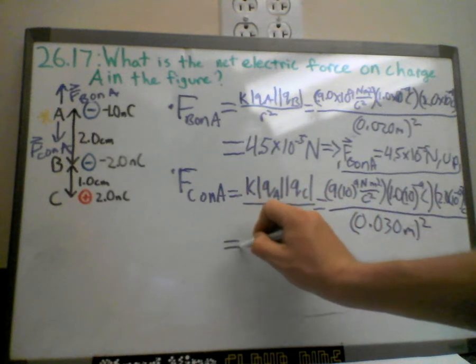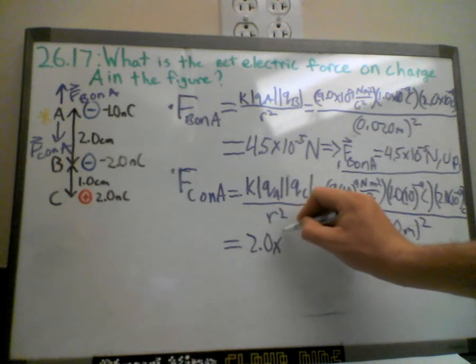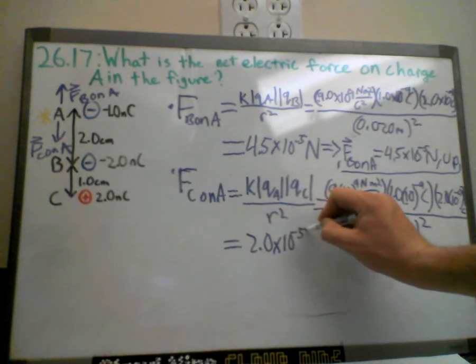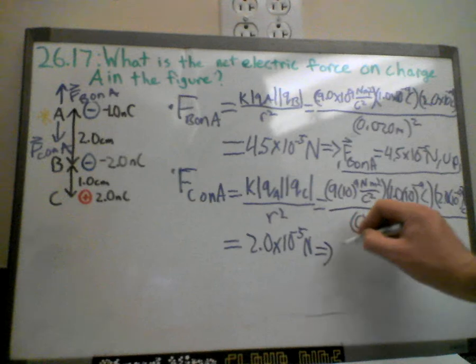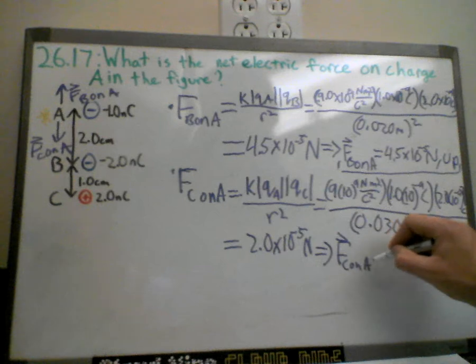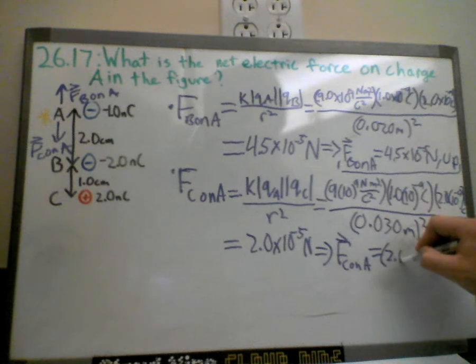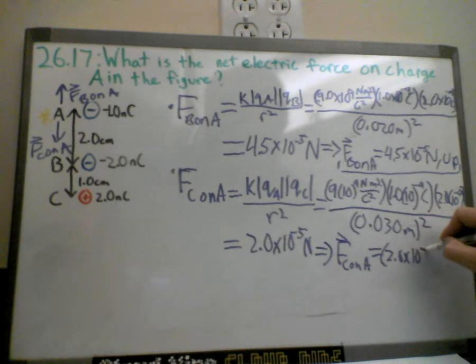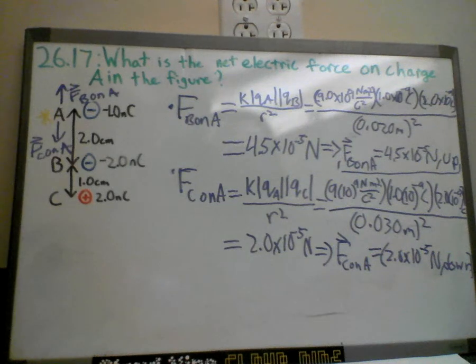And then this is equal to 2.0 times 10 to the negative 5th newtons, which means the force vector of C on A is equal to 2.0 times 10 to the negative 5th newtons in the downwards direction. Looking at our vectors, and then the net electric force on charge A